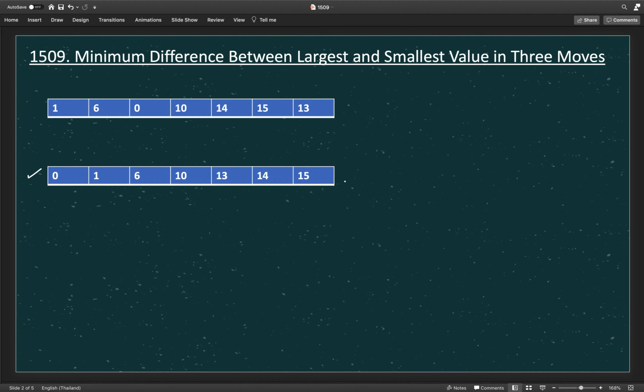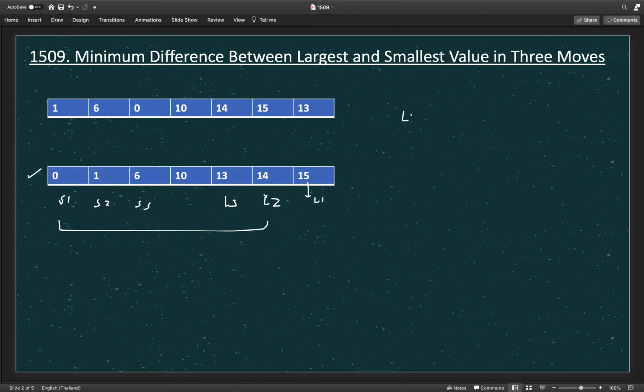Now we are allowed to change one value. So we can change this to something else, so that our largest will now be the second largest, let's say L2. This one is the first largest L1, this is L3 and so on, and the smallest is the first smallest S1, then S2 and S3 and so on. If we are allowed to change one element, we will change L1 to any value from S1 to L2. So our largest value after moving this value is L2.